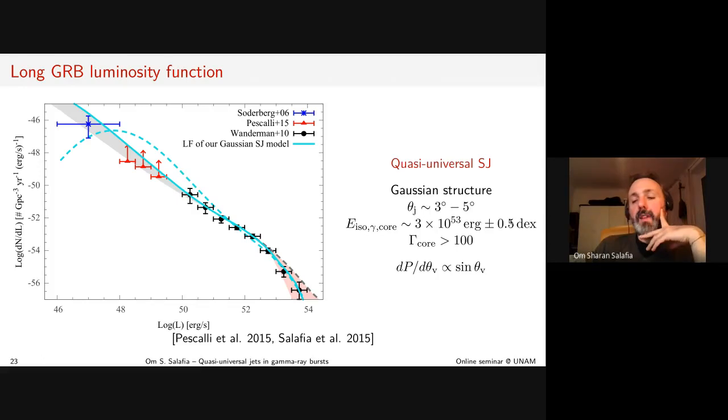For example, half an order of magnitude of dispersion in the core energy of the jet,